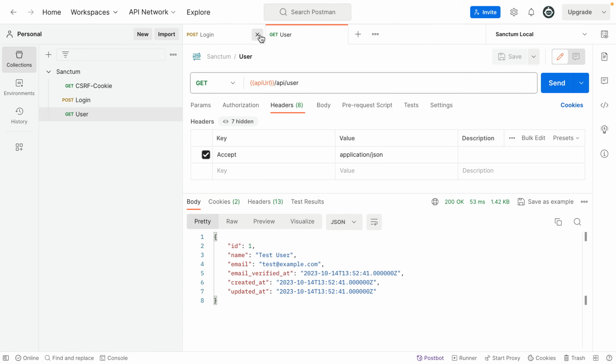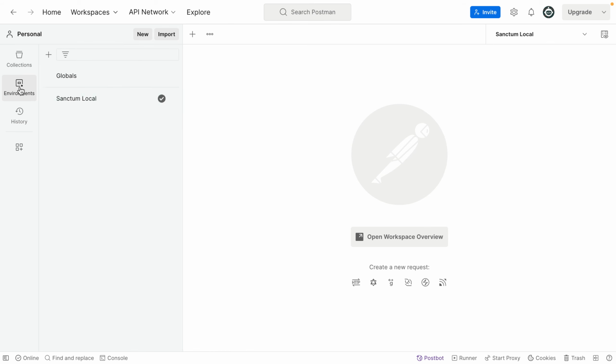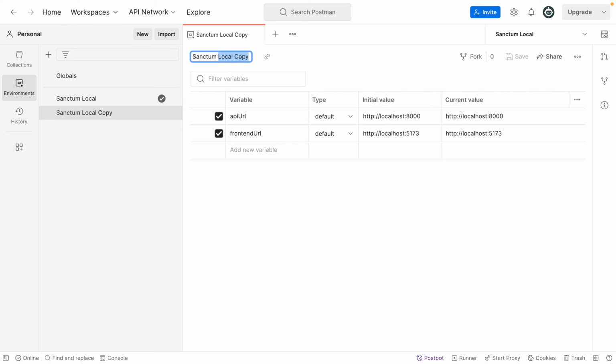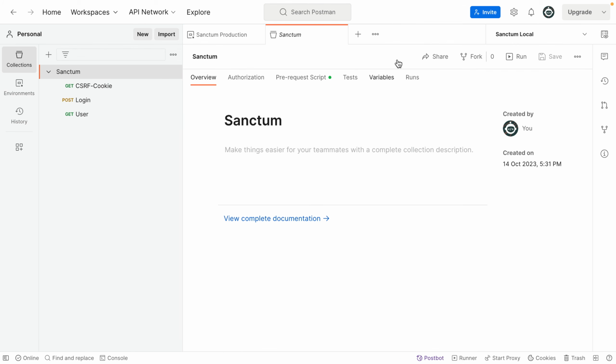Now let's go ahead and create a different environment we can use. I'll go here, duplicate this one, and say this one will be the production environment. Now I already have a domain pointing to localhost 8000 called sanctum.test. Actually, for the API, I have api.sanctum.test. And for the frontend, I use the top level domain, so sanctum.test. Let's save this, go to our collection, change the environment to Sanctum Production,